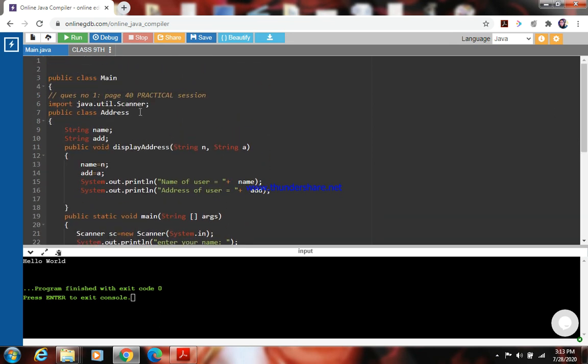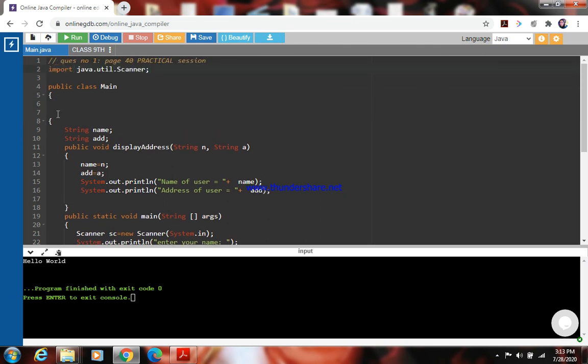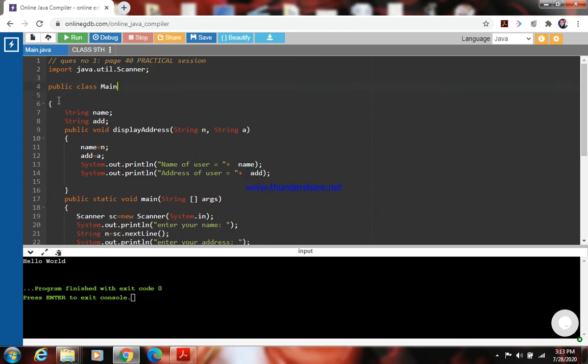So I'm going to change this line, and these lines will be here now. Now I'm going to run it.